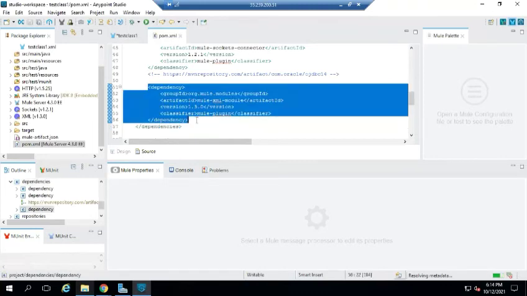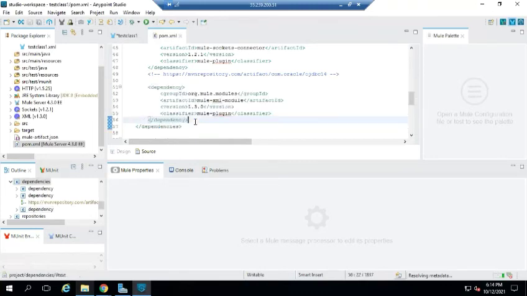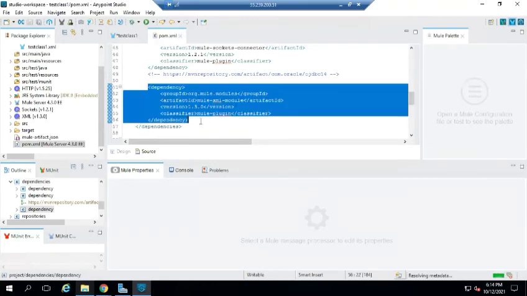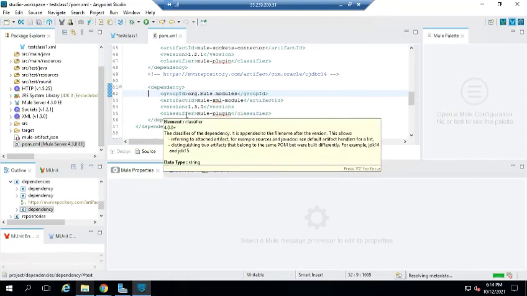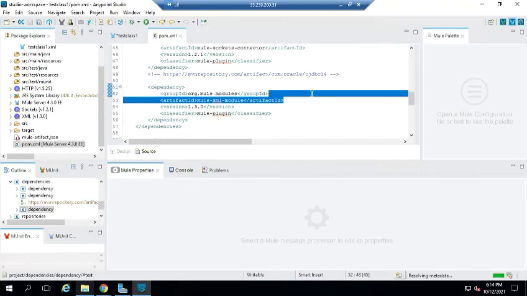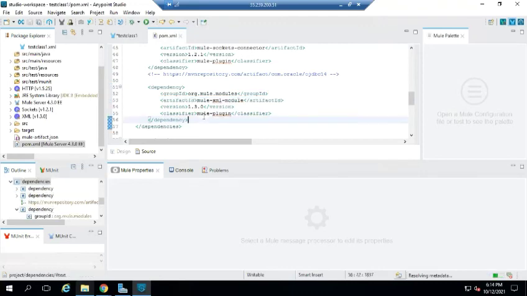When you delete the connector later, that dependency will not be removed, so you will get confused in future about why this dependency is in the POM. So this is the problem. The Mule team is currently working on this type of error, so you don't need to worry about this part.